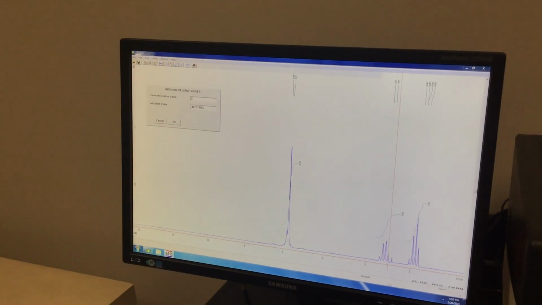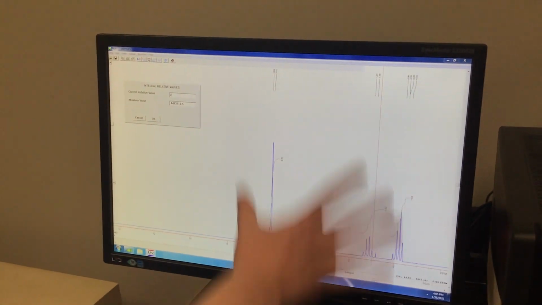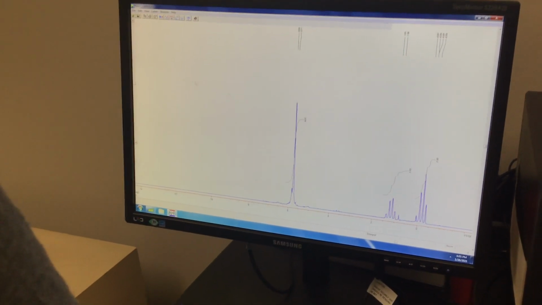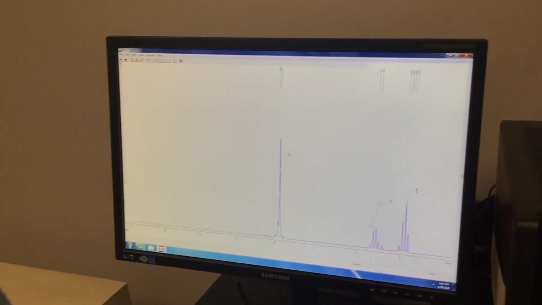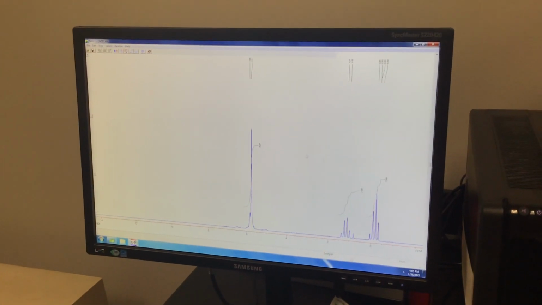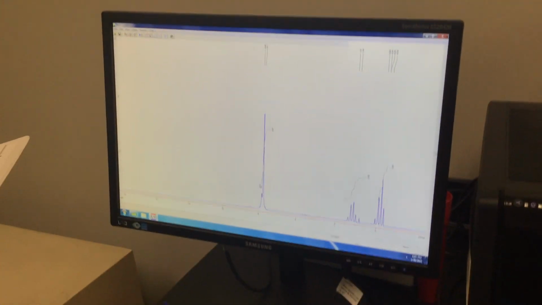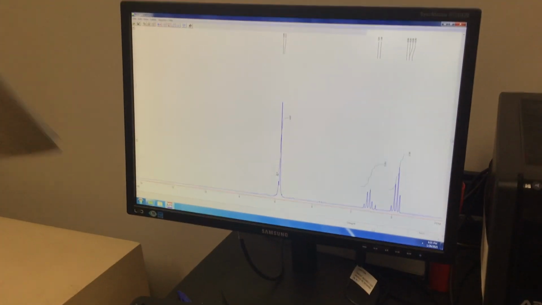If we just hit 2 in its place, it will change that number and multiply everything else by the amount that it took to change it from 1.02 to 2. And so in doing so, it goes from 2 under this graph to almost 5, 4.97, and then 3 under here. So now we have relatively clean integrations. And so once you're done with this, if you have to find any other codes,